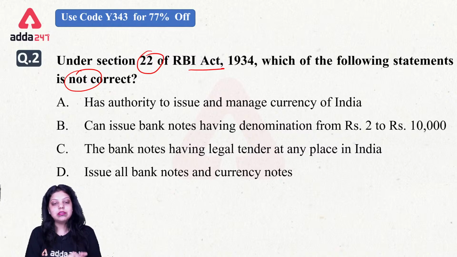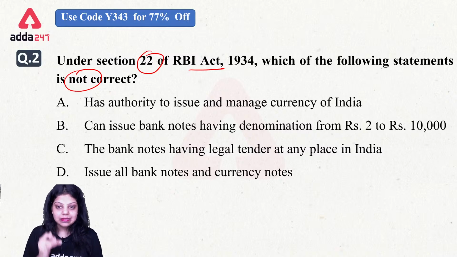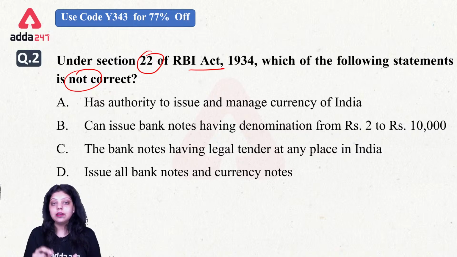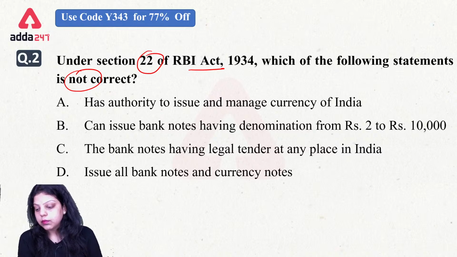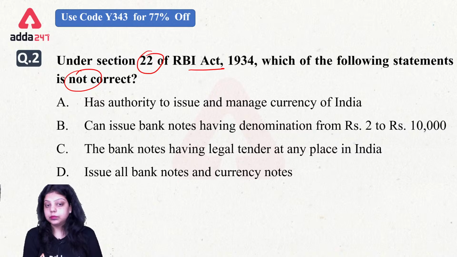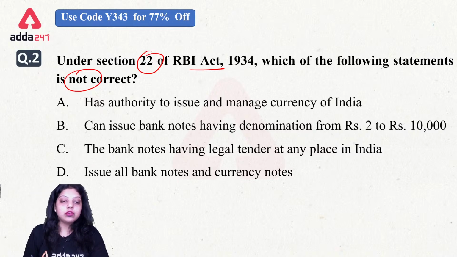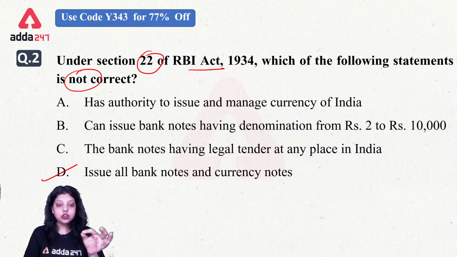Now fourth option is saying issue all banknotes and currency notes. So which of the following statement is not correct under the section 22 of RBI Act 1934? Option number D. Okay, very good. The right answer is option number D, because under section 22 of RBI Act 1934, RBI has